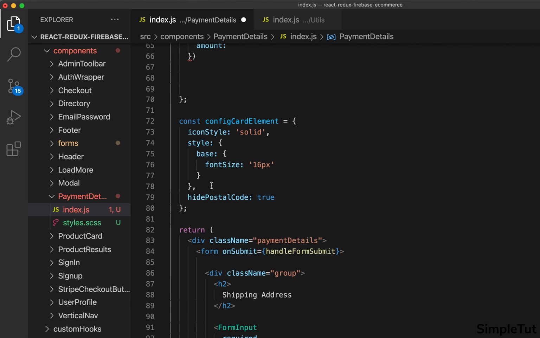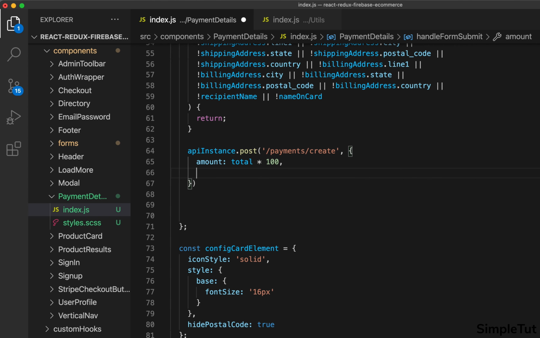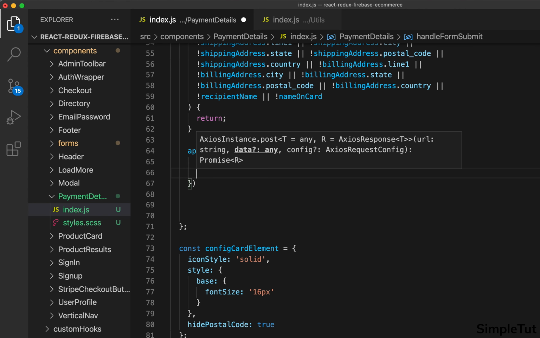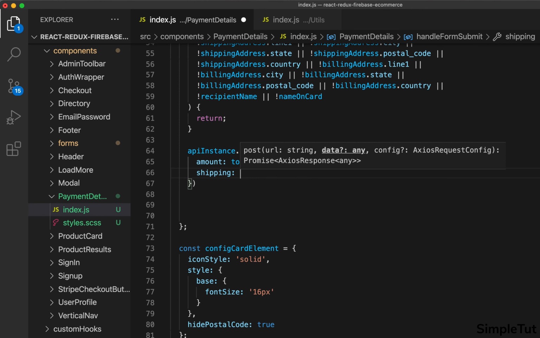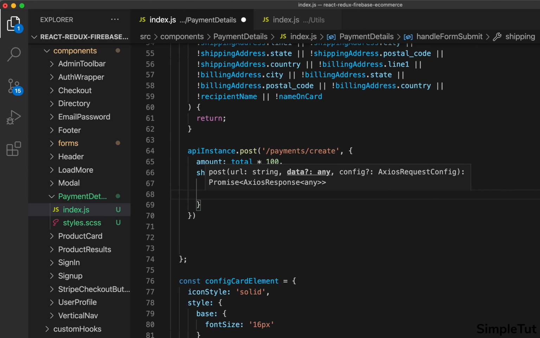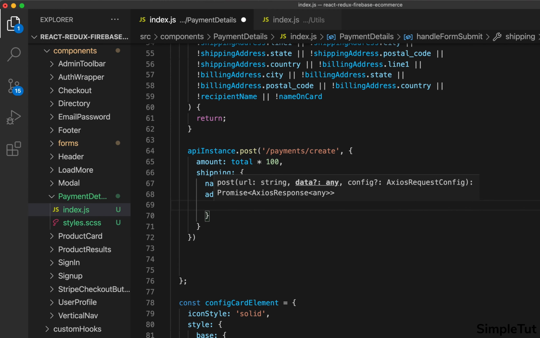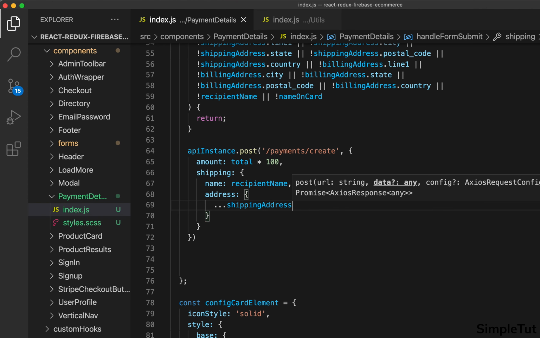And then all we'll do is come down again to our API instance where we're posting to our backend, and we're gonna set the total times 100 because it expects it in cents. Now the next thing that we need to do is pass it the shipping address. So this is just going to be shipping. It's going to be an object. We're going to pass the name, which is going to be recipient name, and then address, which is lowercase, and we're just going to use a spread operator to pass in the shipping address object that we've stored in our